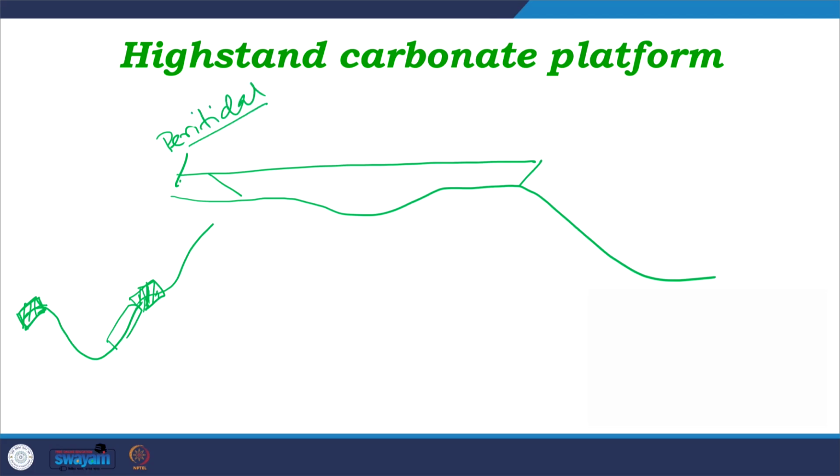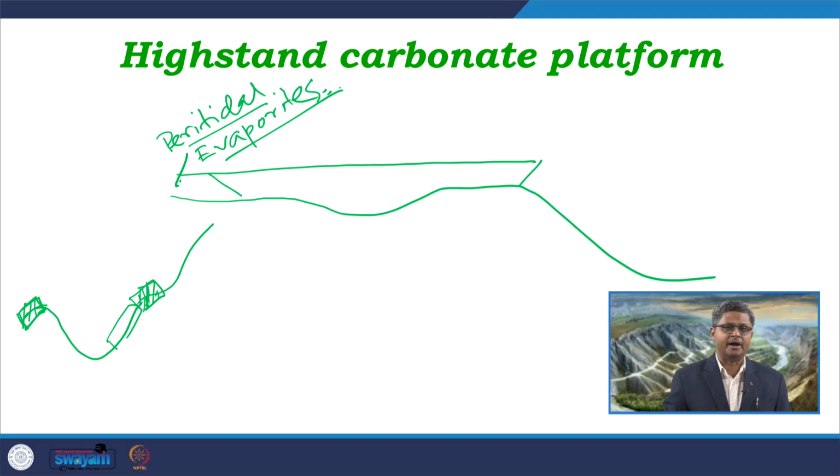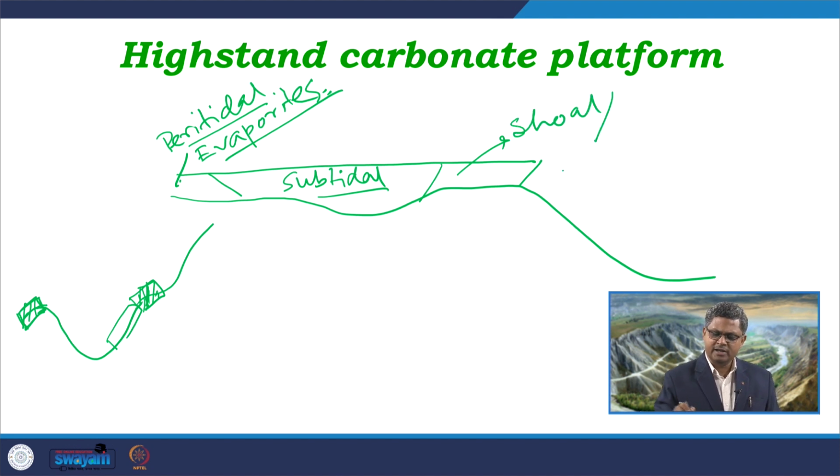This peritidal area, very close to the continental side, has a very shallow water condition within the photic zone. Along with peritidal, we can also get deposition of some evaporites, particularly if it is a high temperature zone. Then we get a lagoonal condition or a subtidal condition, or this entire area can be part of a lagoon which is tidally affected, and we can get subtidal, intertidal or peritidal conditions. Then as we come to the outer side, we commonly get a shoal area, or in certain conditions a reef develops.